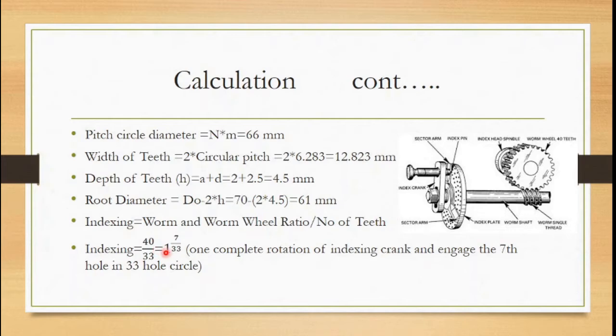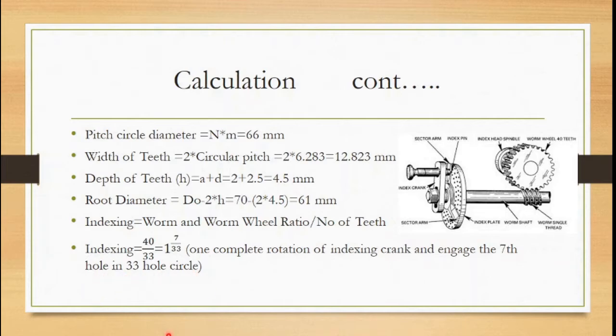So we can calculate the indexing, that is 1 7 by 33. So 33 ones are equal to 33. The remaining is 7 divided by 33. So we'll get the mixed fraction. The meaning of this mixed fraction is one complete rotation of the indexing crank and engage the seventh hole in the 33